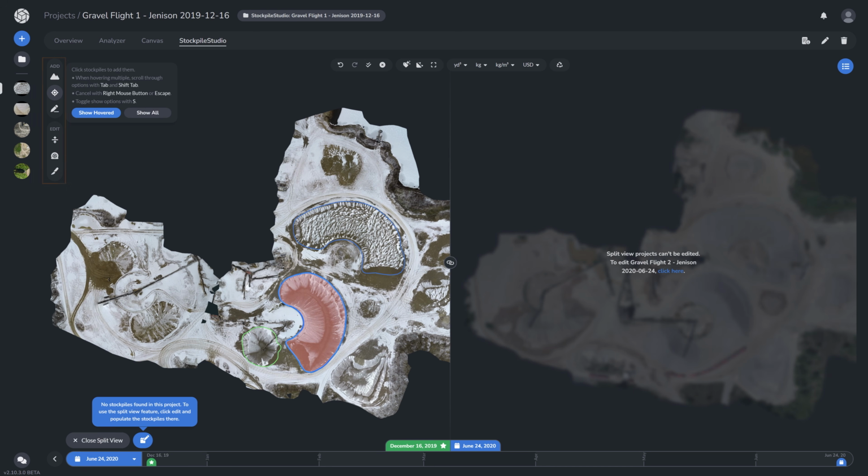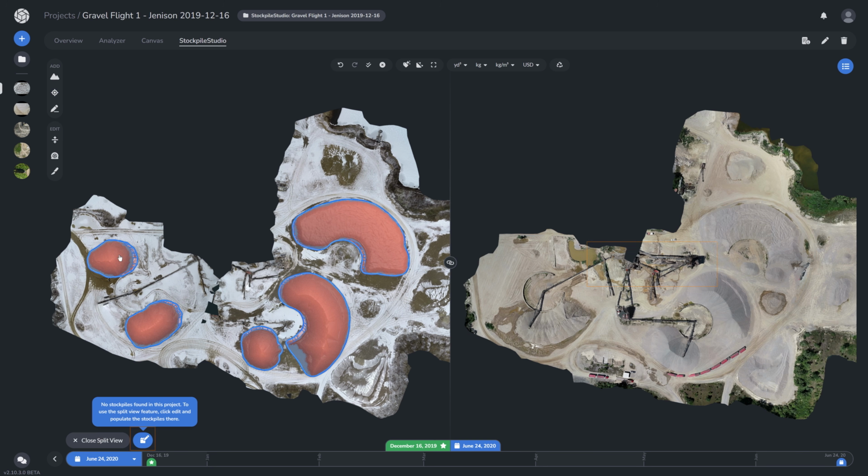To add stockpiles to the comparison project, you must open that project as your base project. You can quickly do so by clicking the Edit button down below the pop-up, or by clicking the Click Here link in the Comparison Projects message. This is also the same rule when it comes to using the inspection panel for editing materials and generating a